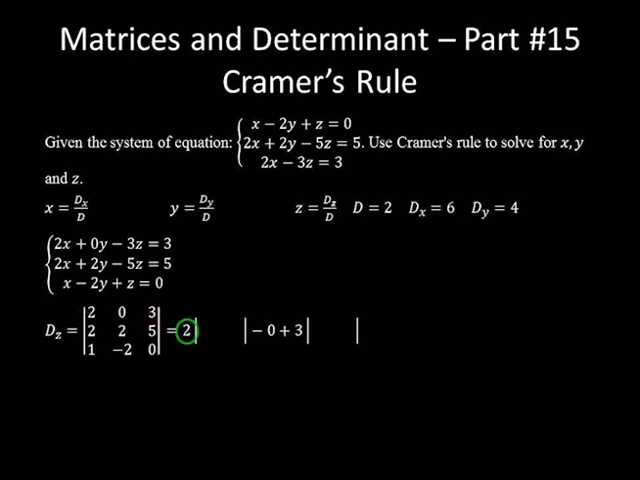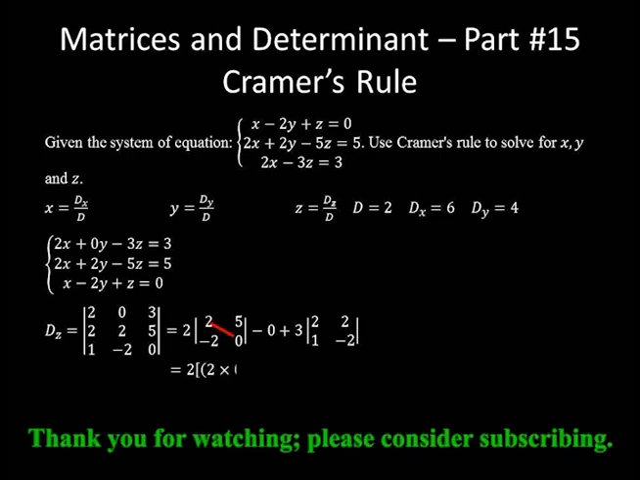2 is located in row 1 and column 1. So eliminating these 2 leaves us with 2, 5 in the first row and negative 2, 0 in the second row. 3 is located in row 1 and column 3. Crossing them out left us with these 4 elements, which is equal to 2 times (0 minus negative 2 times 5) plus 3 times (2 times negative 2 minus 1 times 2),